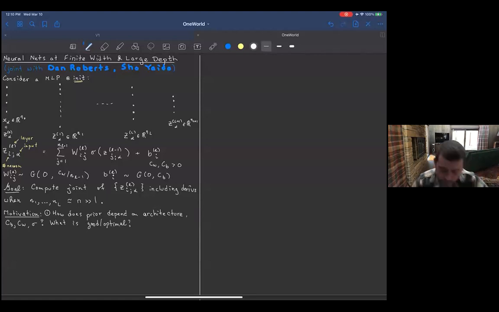Okay, so there are practical questions where you say, look, at the start of training, you're implicitly having some prior, for example, over the distribution of the outputs of the network. And you would just like to know, as a function of the architecture, when is that prior sensible? And once you know something about it, maybe you can even align it to the kind of data you have. That could be a practical motivation for doing this.